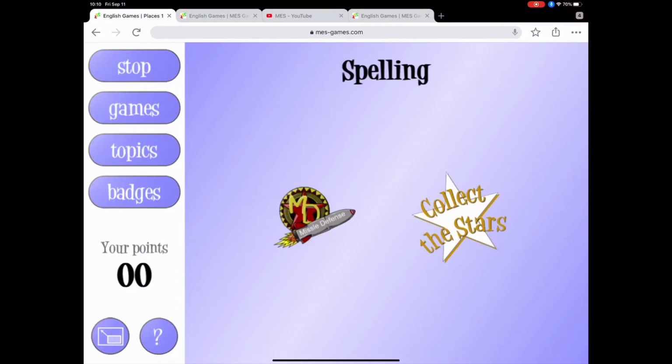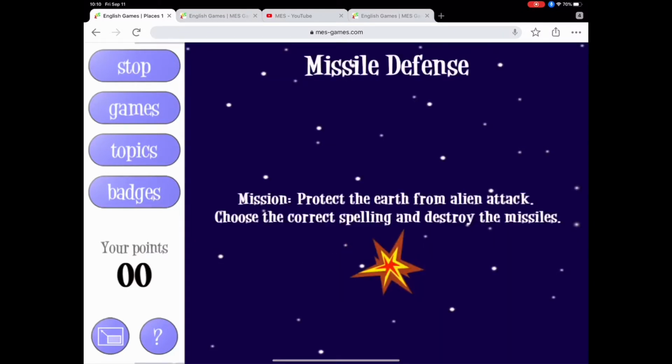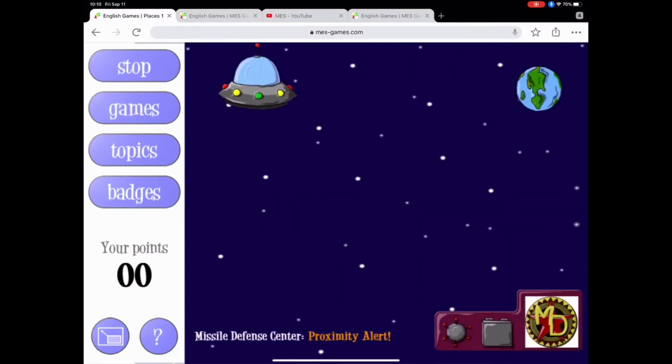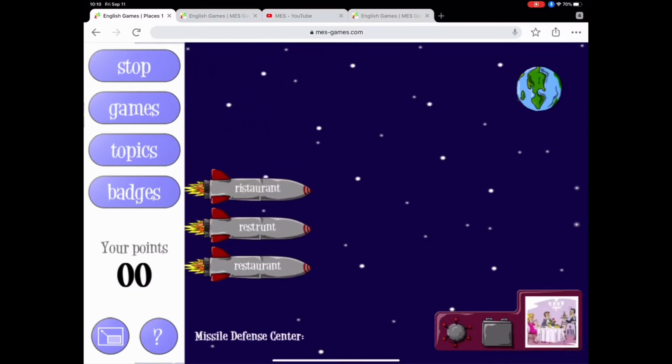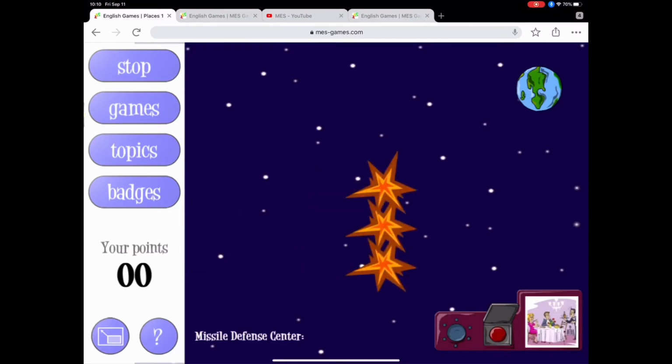Spelling, this is a little bit more advanced. Spelling, there are 2 games. One, they have to choose the correct word. So missile defense, when we play this game, there's a picture at the bottom right, a restaurant. They have to choose the correct spelling of restaurant and blow up the missiles